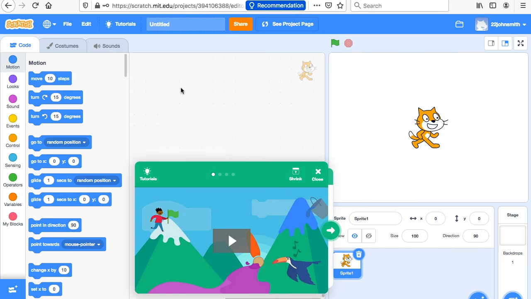Hello, fourth grade. Today we're going to make a soccer game, and it's going to be a two-player soccer game where you can play against somebody else. So it's a lot of fun, and the first thing you've got to do is remember to